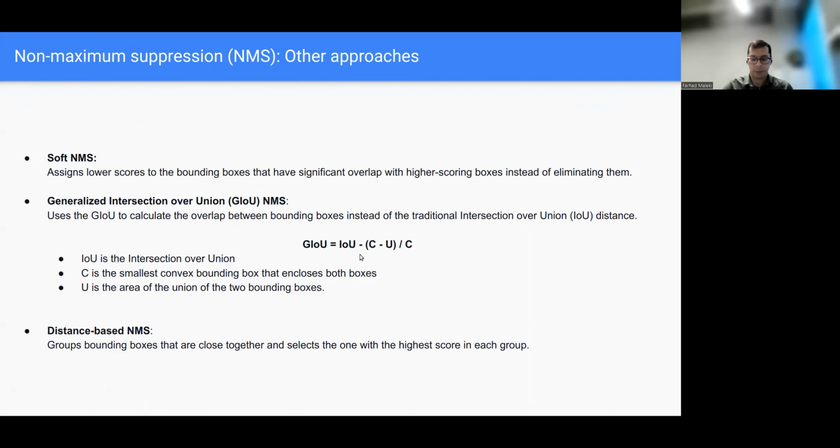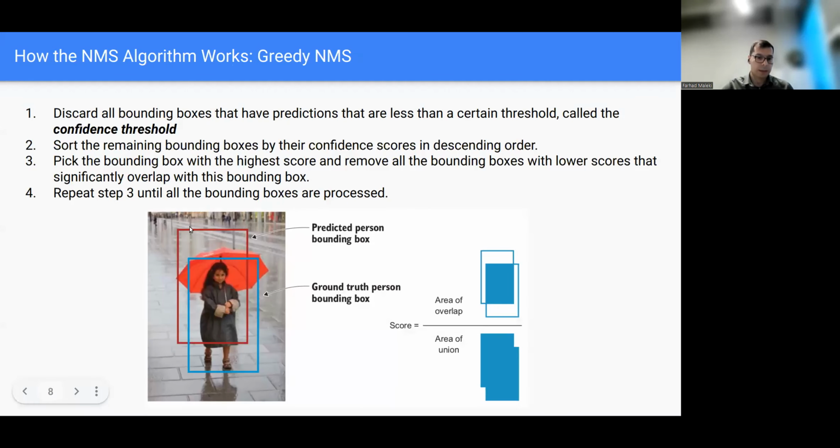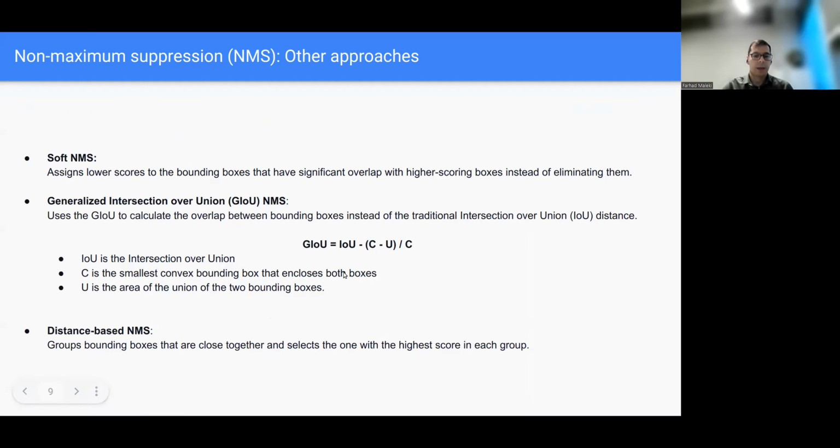So C, as I mentioned, is the bounding box that covers these two. You have two frames, you want to put them inside a tight frame that covers both of them. Definitely C minus U, when you divide it by C, is always between 0 and 1. So what you get is a number in general between 0 and 1.